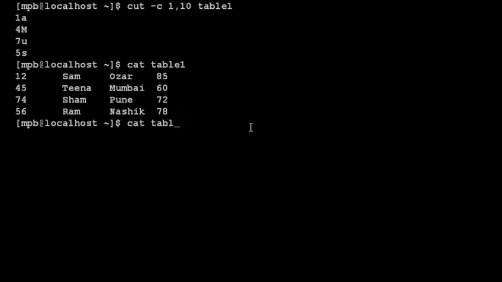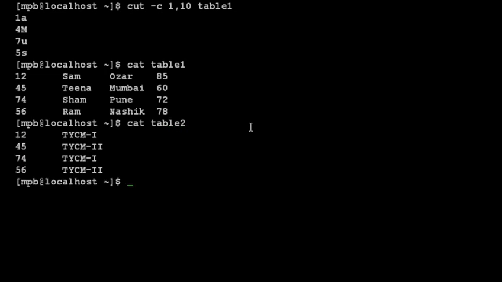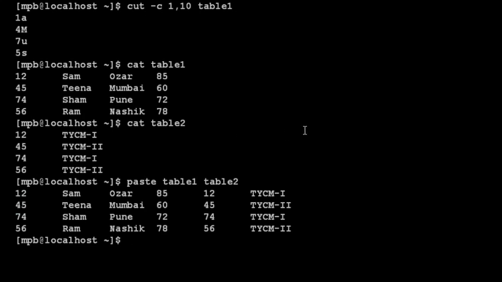So if I have that table 2, yes, it is there. So I can use the paste command to show the output on these two tables.